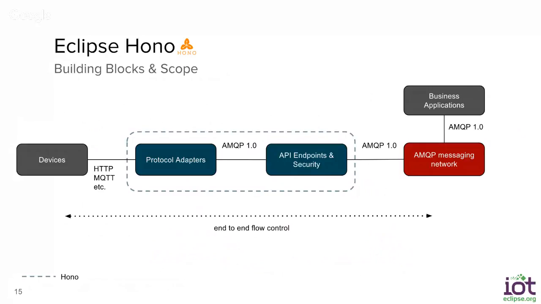And if it is not increased, meaning the consumer does not give more credit to the sender, then the sender cannot send a message. This builds up a kind of back pressure from the application at the downstream end to the devices at the upstream end. So the protocol adapters will at some point stop accepting messages from the devices and tell the devices, I cannot handle any more. This makes sure that the system is always in a stable state.